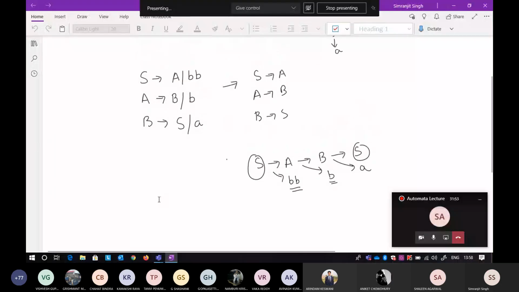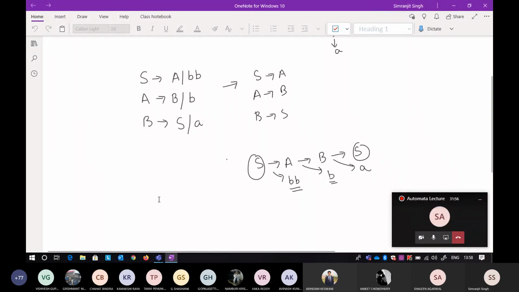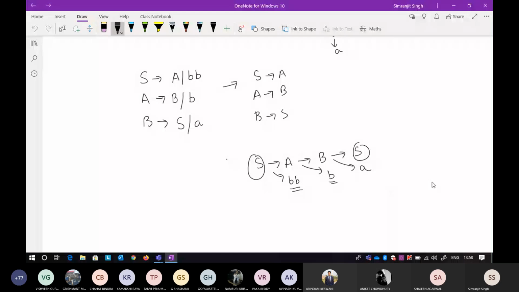Okay, so now how to solve this one? You just go with this and derive all the useful symbols on the way. Okay, so I'm starting with S. I want to eliminate this production, S tends to a single A. So if I eliminate this one, I have to include all the useful symbols or all the terminals that A is producing. Okay, so A is producing a single a. S is producing a as well as bB. So bB is included, so there is no worry about it. So I have to eliminate this S tends to A, this is your unit production.